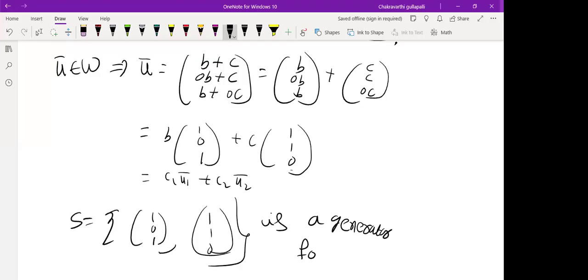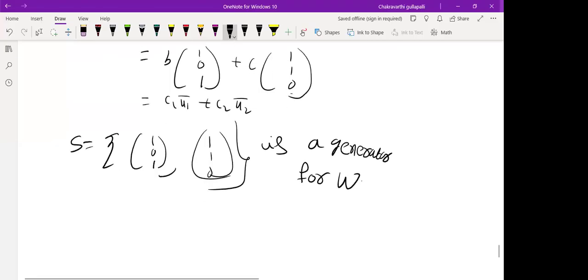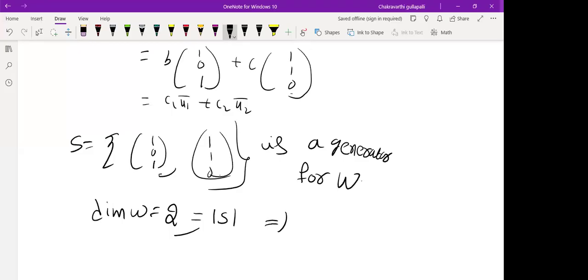for not for R3, for W. Dimension of R3 we already know it is 3. This is a subset of R3. Now the dimension of W is 2 and the cardinality of S is also 2. S contains 2 vectors. Therefore S is a basis